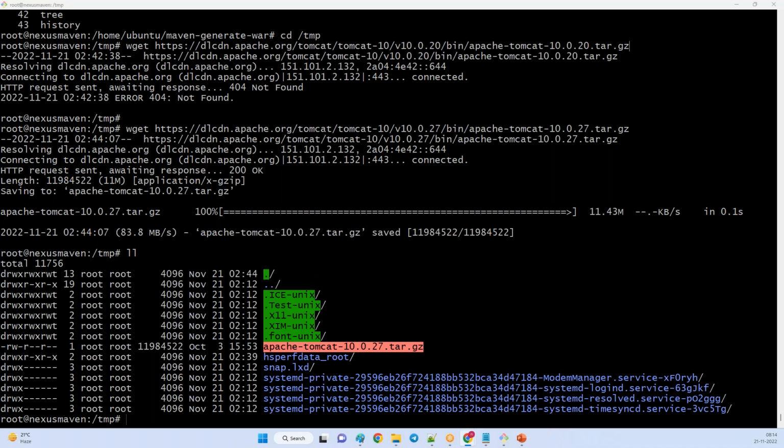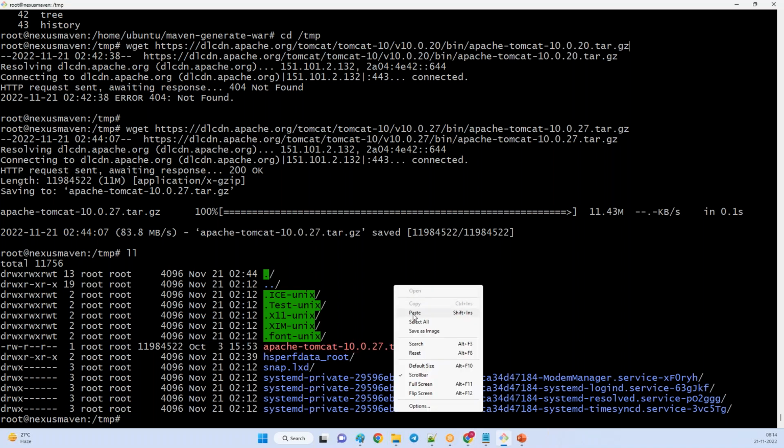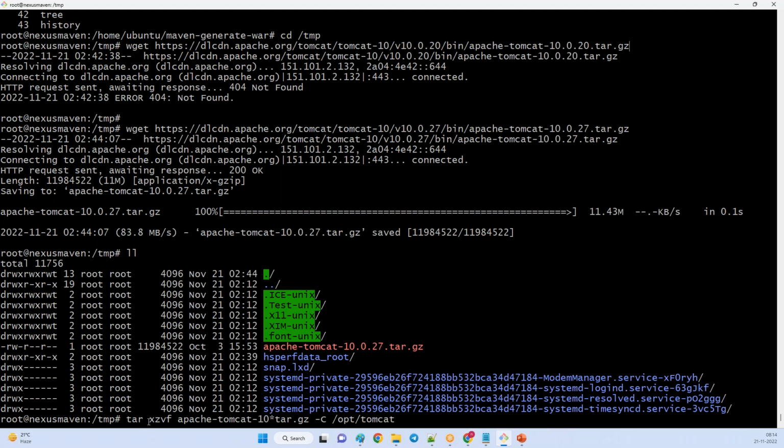So what I want to do is extract with the name. I want to extract with zvf, which means I want to extract by seeing the verbose output, forcefully, and this is the file, right? Star means wildcard character. It will take the same file, and I am extracting to which location? /opt/tomcat, the current location only. So this file should be renamed as tomcat file. That's it. And after extracting.